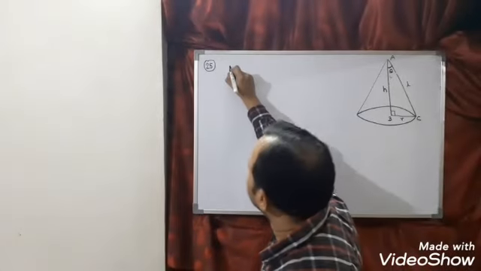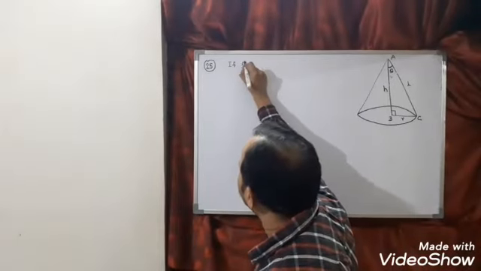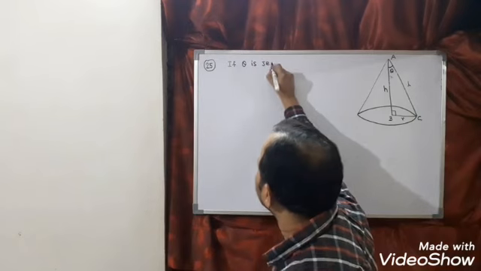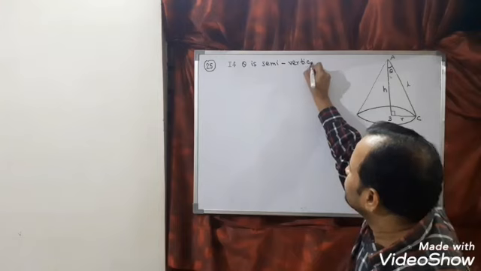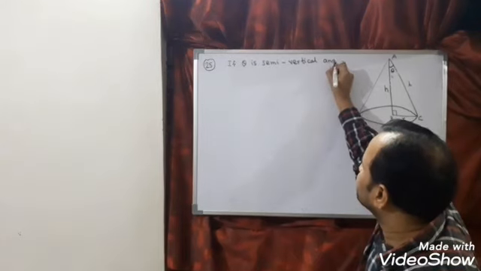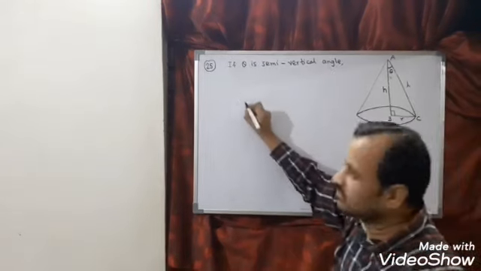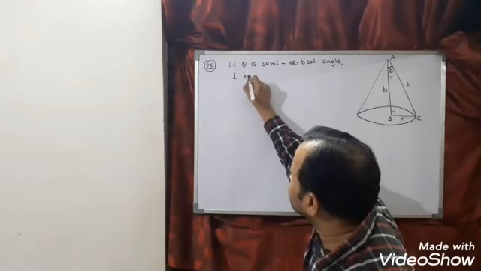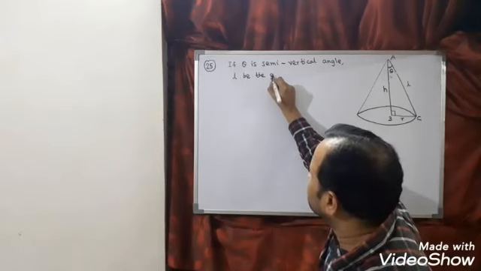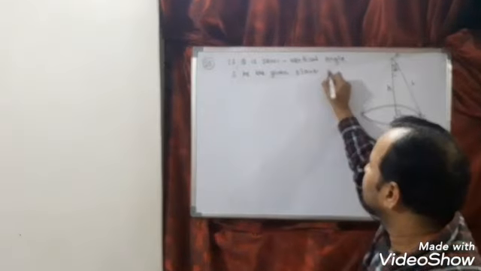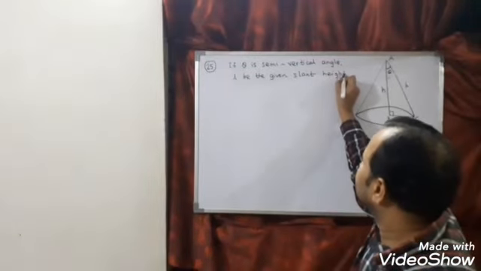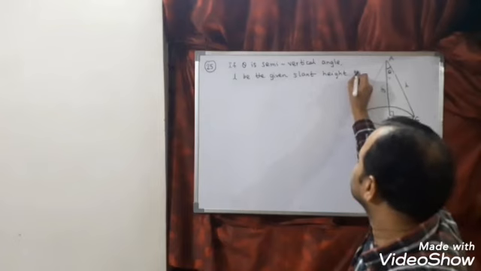So here I am saying, if theta is the semi-vertical angle, and L is the given slant height, then